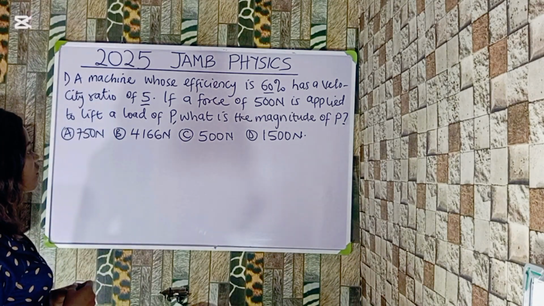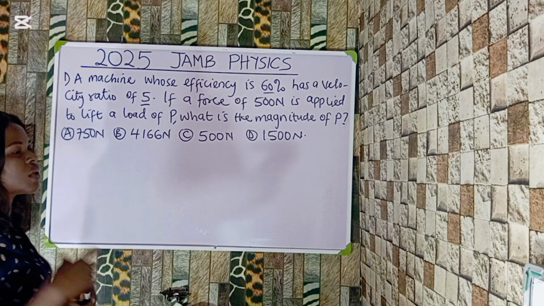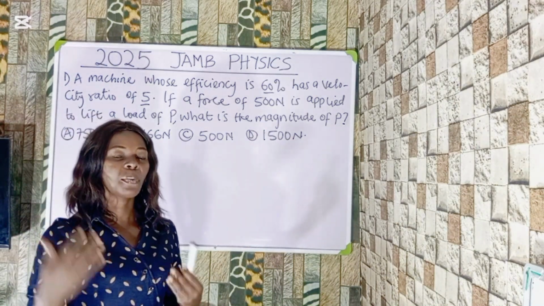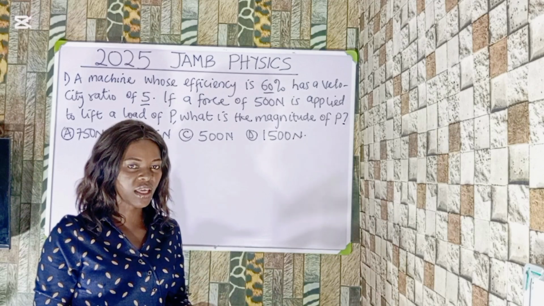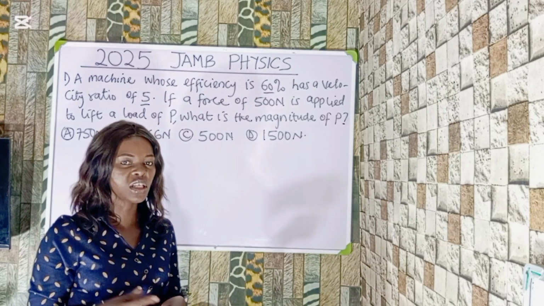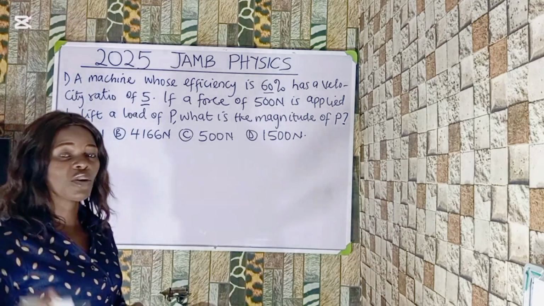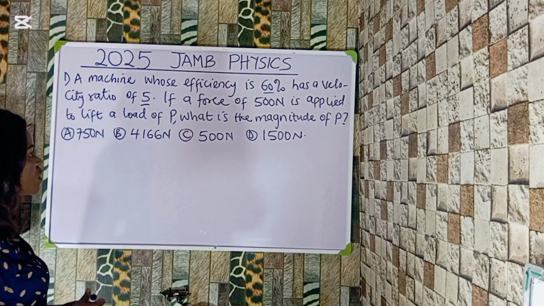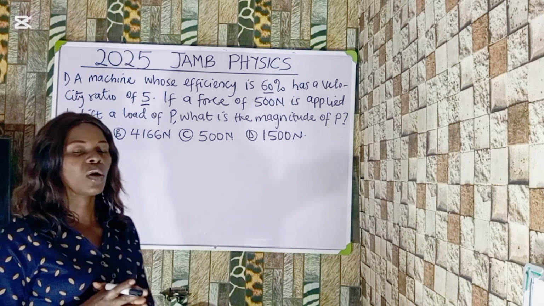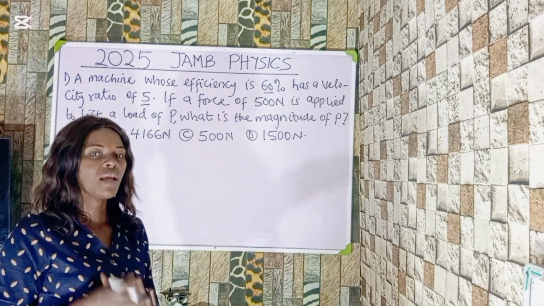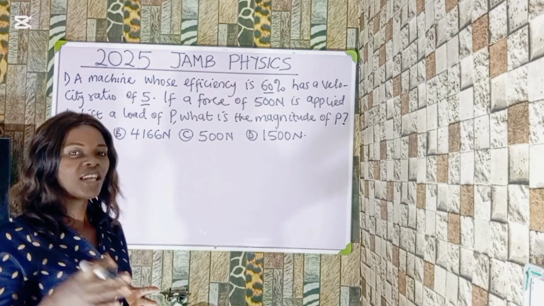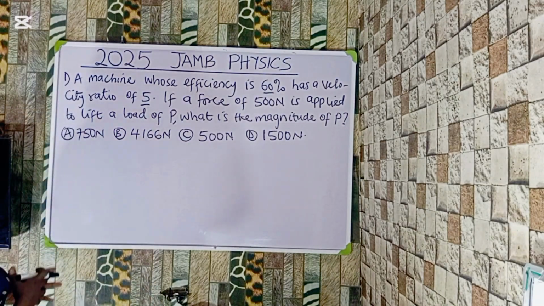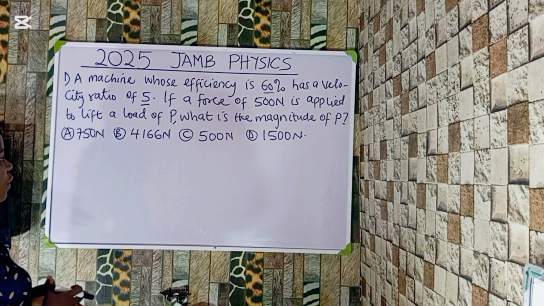Now, if a force of 500 Newton is applied, which force are we talking about? The force that we apply to a machine is certainly our effort. We are going to apply our effort on the machine, so the effort given in this question is 500 Newton. To lift a load of P, what is the magnitude of P? What you're looking for is the force, which is called the load. You're looking for the value of the load in this question. The options provided: option A is 750 Newton, option B, 4,166 Newton, option C, 500 Newton, and option D,